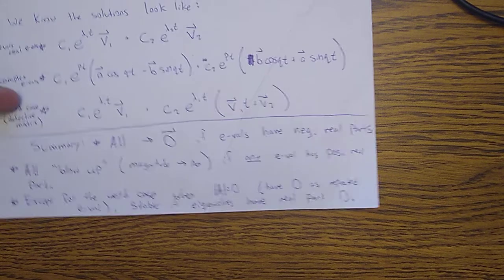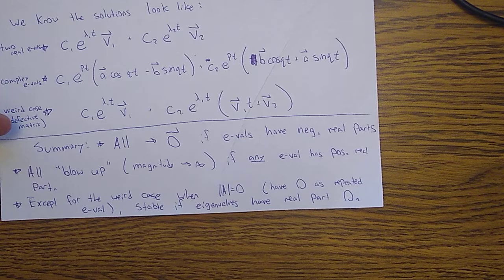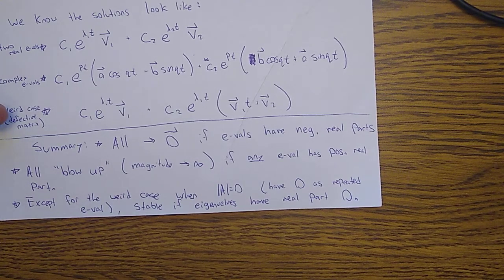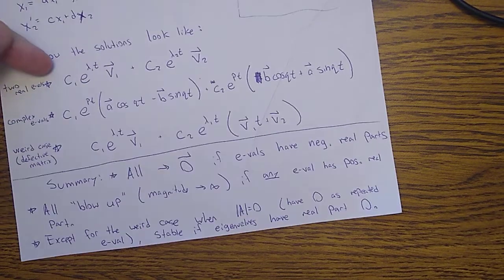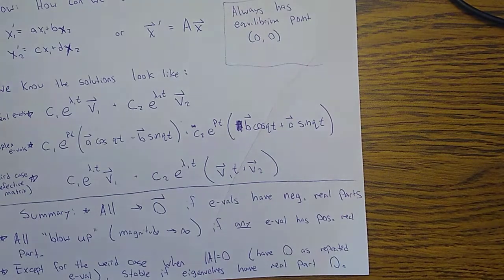It's even less likely that they would both be 0, and that's the weird case. But even weirder than that, even if both of your eigenvalues are 0, you usually still have two linearly independent eigenvectors, which would fall under the first case. So the weird case is really when you just have a repeated 0 eigenvalue,